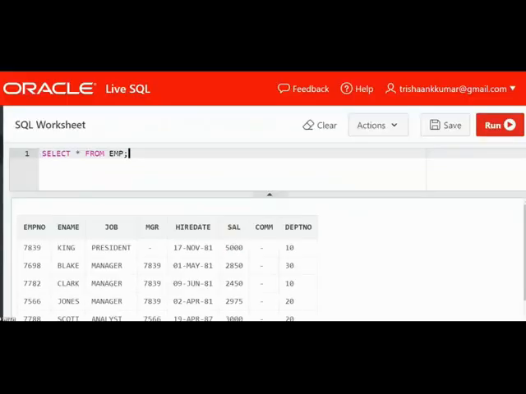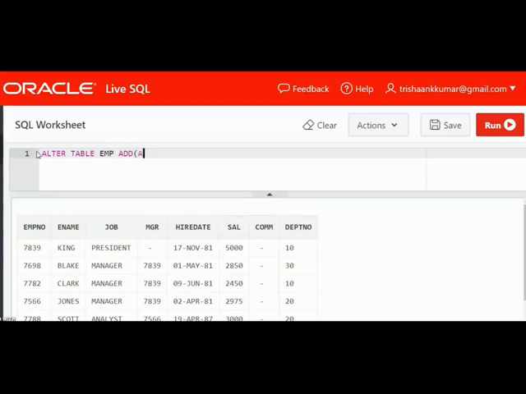We have a table EMP where I have 8 columns and 7 rows. We will try to perform alter operations on this table. So first of all, how can you add a single column which is not present already? For example, I want to add a column called address. The address column did not exist previously. So how can I add the address column? Alter table EMP, add.